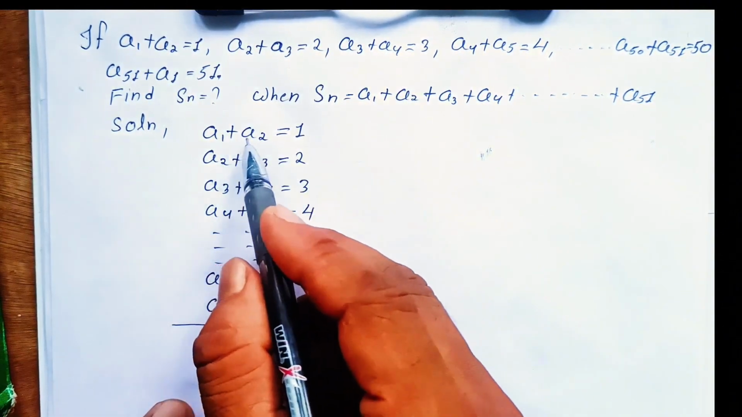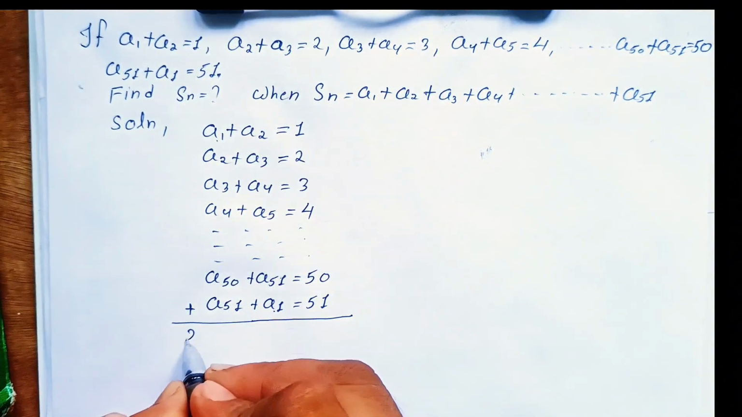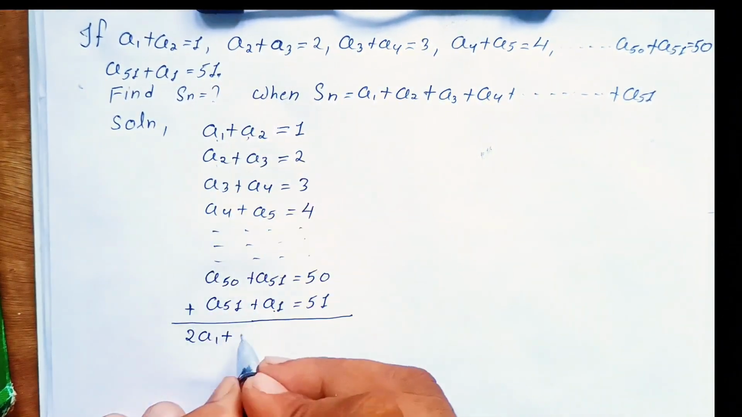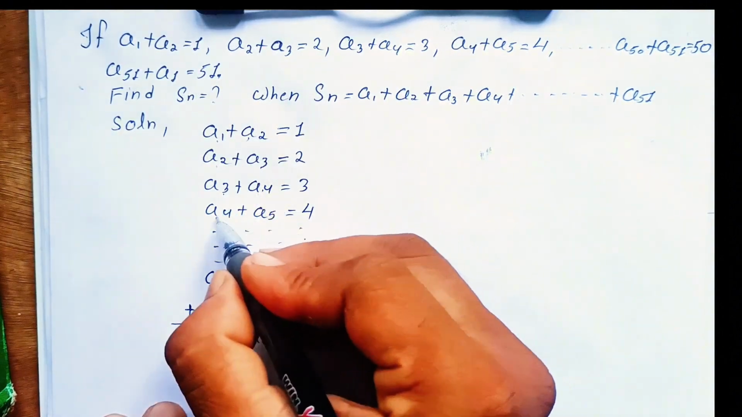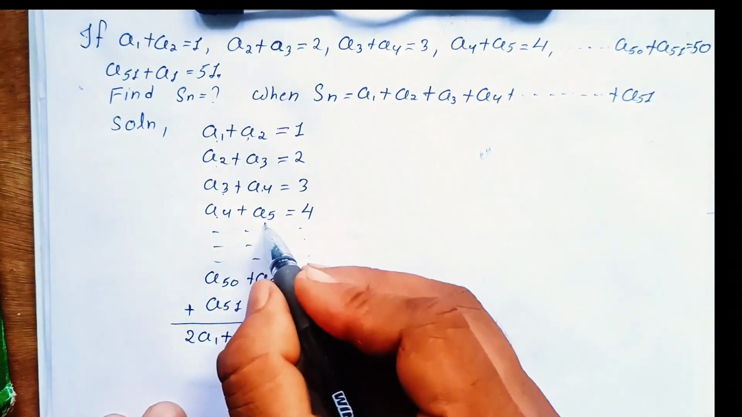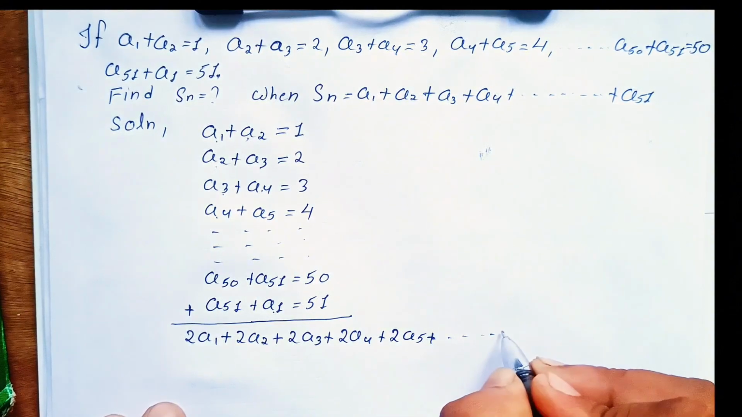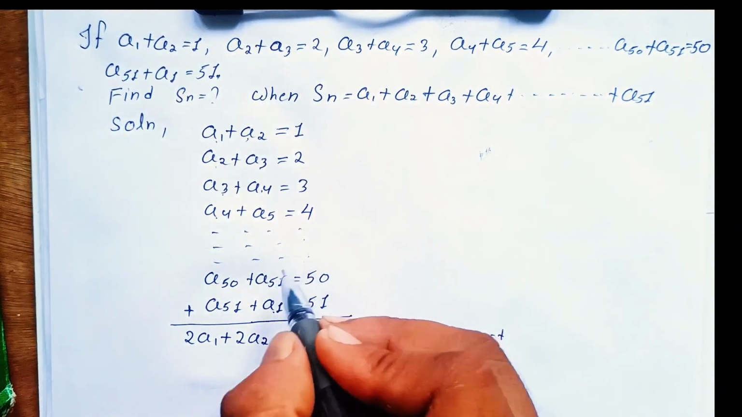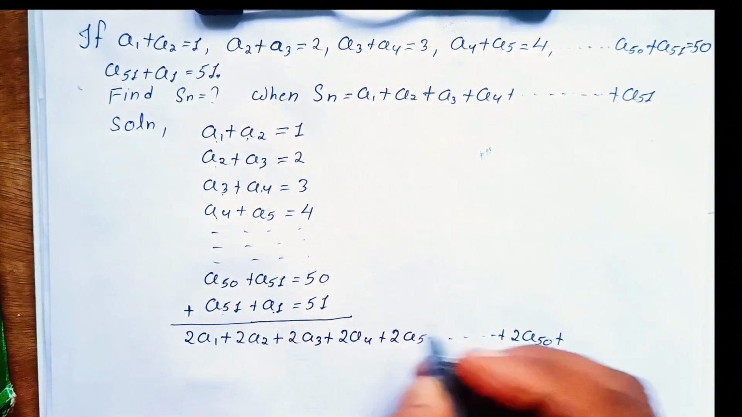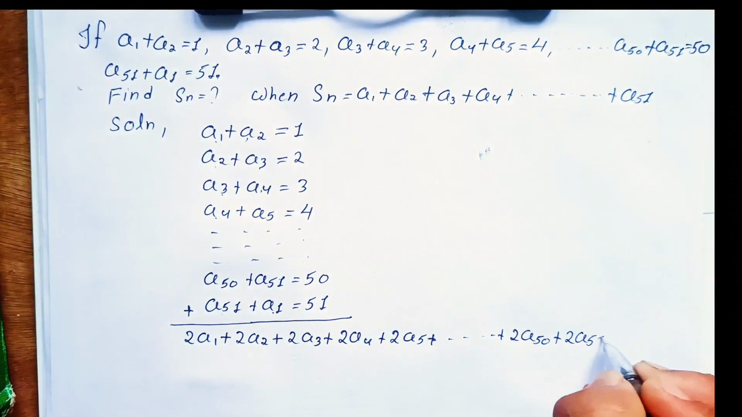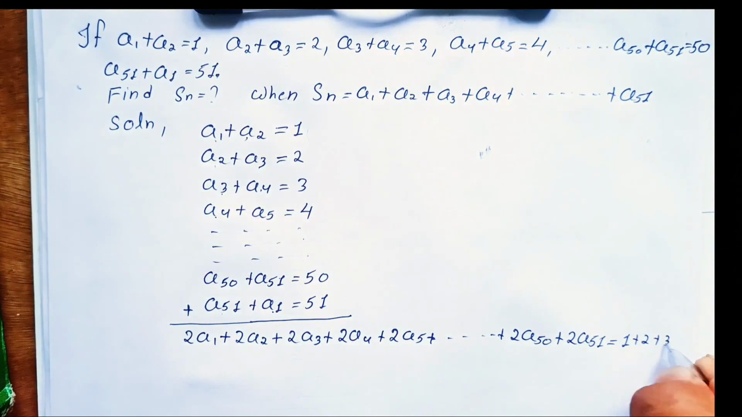So simply we add up all these terms, and we have a1 plus a1, that is 2 times a1, a2 plus a2, that is 2 times a2, a3 plus a3, that is 2 times a3, a4 plus a4, that is 2 times a4, a5 plus a5, that is 2 times a5, and similarly somewhere here we have a50 plus a50, which becomes 2 times a50, and a51 plus a51, which is 2 times a51, that is equal to the sum of the right side terms, that are 1 plus 2 plus 3 plus